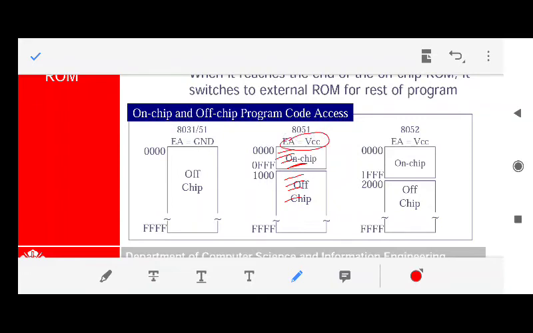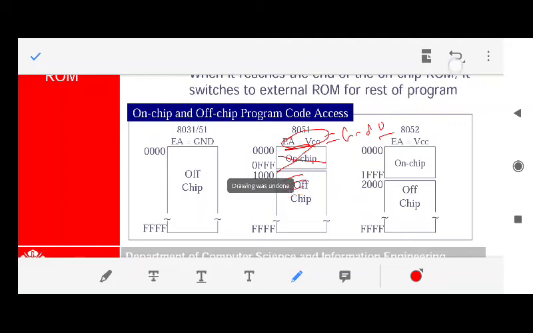What happens when the EA pin is ground? In the same case, when we make the EA pin equal to ground, that means 0. What will happen now? Whenever the EA pin is 0, that internally means the program is stored outside the 8051. So it will not see this internal memory. The 8051 will ignore the internal memory and it will execute only the programs which are stored in the external memory.